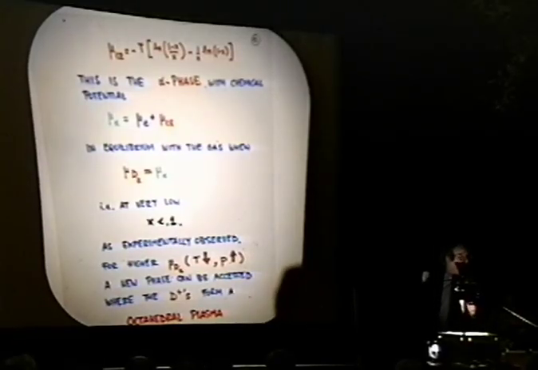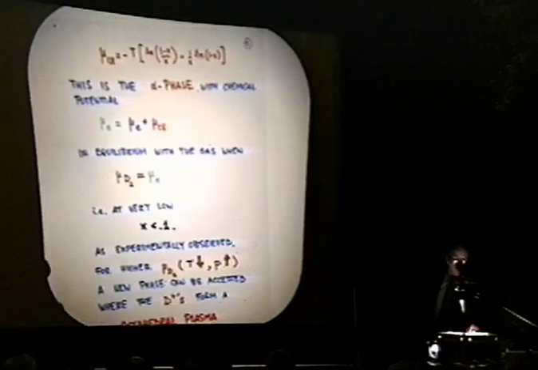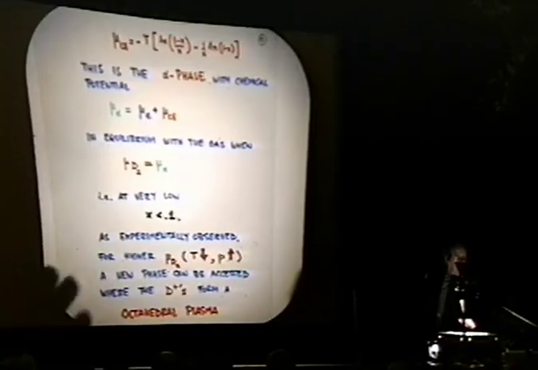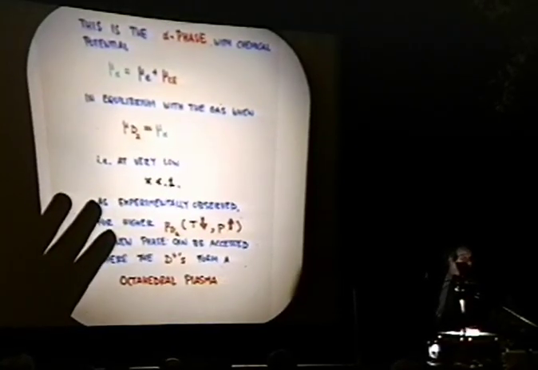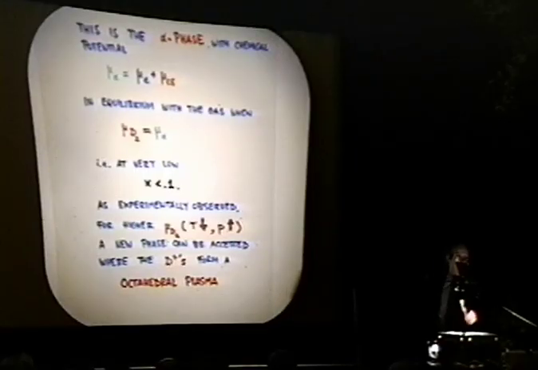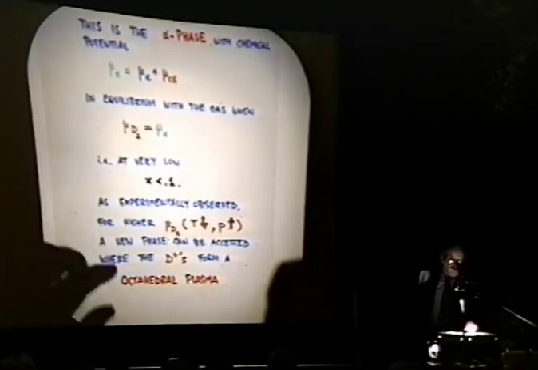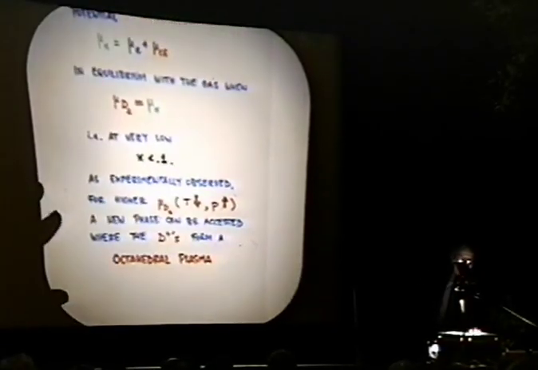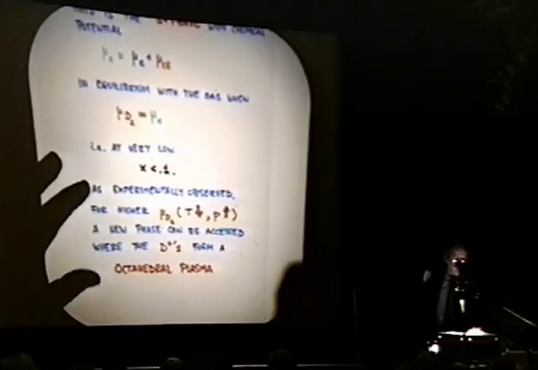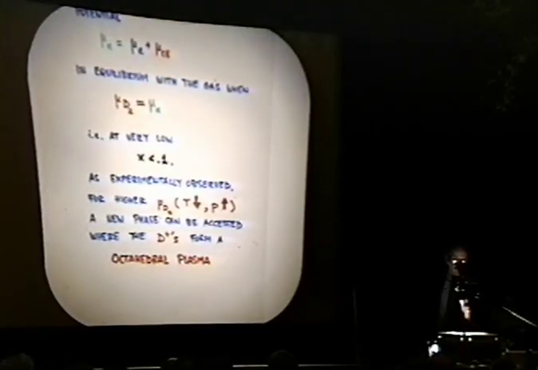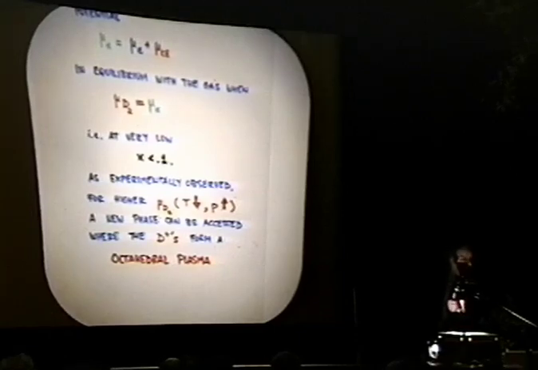Now, if the calculation is accurate enough, you will be able to get from this the total description of a part of the phase diagram. The phase diagram which has to do with the equilibrium between the gas phase and the alpha phase. However, this only happens, of course, for x less than 1. And this is very close to what is experimentally observed, quantitatively. Now, if you just jack the chemical potential of the D2 up by decreasing the temperature and or increasing the pressure,